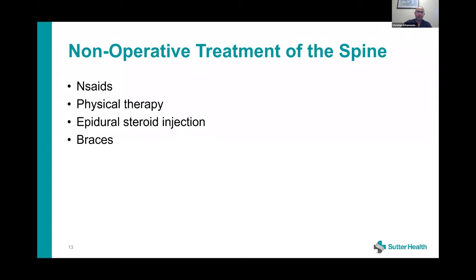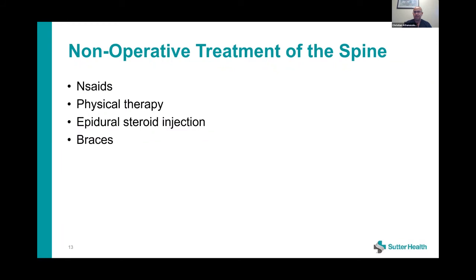Physical therapy, which focuses on range of motion, core strengthening, massage therapy, ultrasound therapy, and traction, and other modalities to try to alleviate nerve root irritation, teach patients how to take care of their core and their spine over the long term, and also teaches patients on positioning and how to go through daily activities without aggravating their neck and back. Epidural steroid injections work to control the pain and decrease the inflammation around a nerve root that may be irritated from compression from a disc, arthritis, from